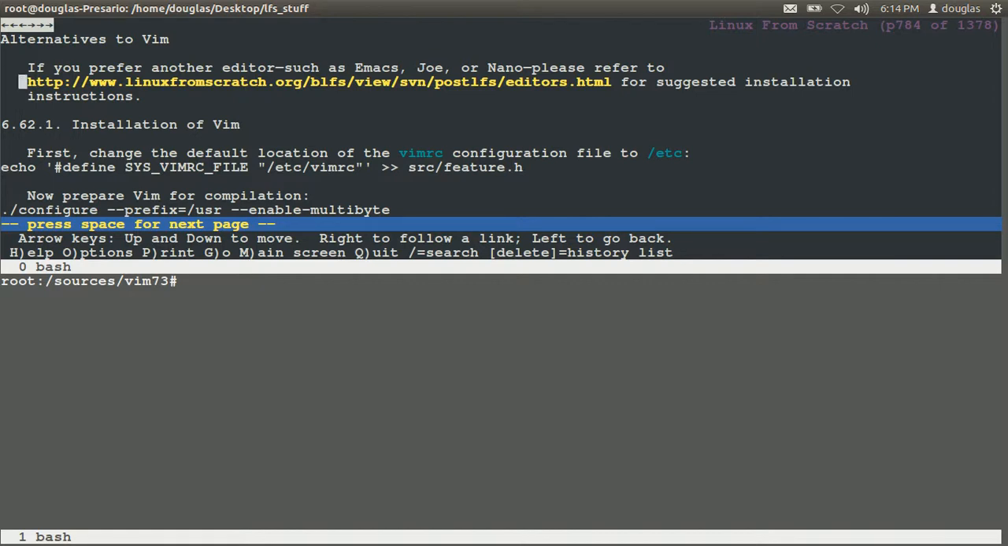It says here, alternatives to Vim. If you prefer another editor such as Emacs, Joe, or Nano, please refer to the instructions for selected installation. Yeah, nice. But I don't have any problems with Vim. Vim's okay to me. Control Tab. And let's say echo